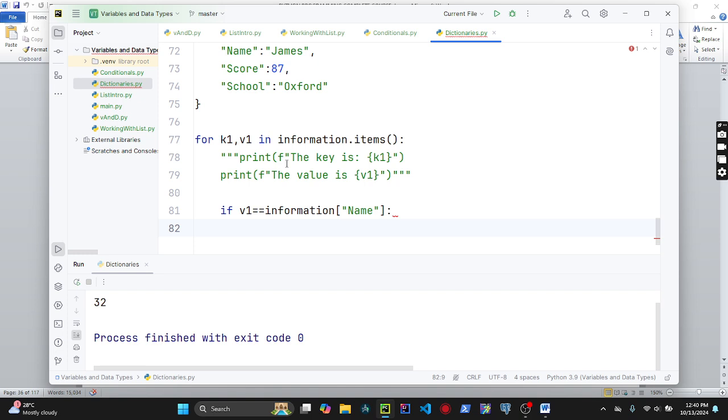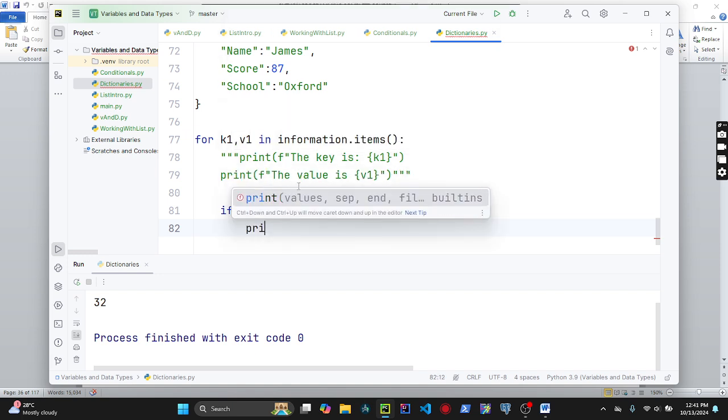We know that normally if I'm trying to access the value of a key, I would write the name of the dictionary and then put the name of the key in square brackets. So this is the same thing as me accessing James. So what I'm trying to say is if v1 is equal to James, I'll come here and say print